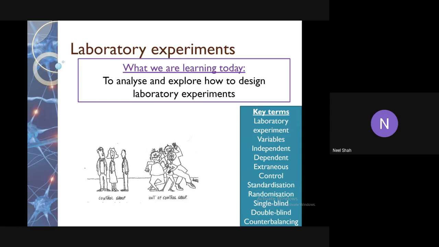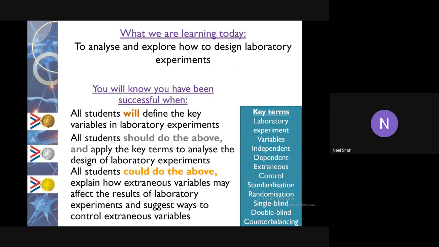There's a process called standardization. What does that mean as well? Or maybe things are randomized as well. And also, you have this concept of single blind and double blind testing as well. So we'll talk about that. And this idea of counterbalancing, how you counterbalance different groups, for example. So these are the kind of keywords for this part of research methods. This is what you would need to know. Okay, so